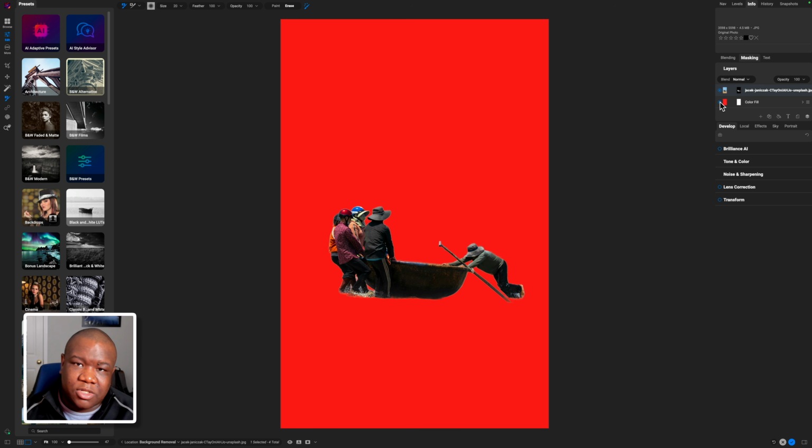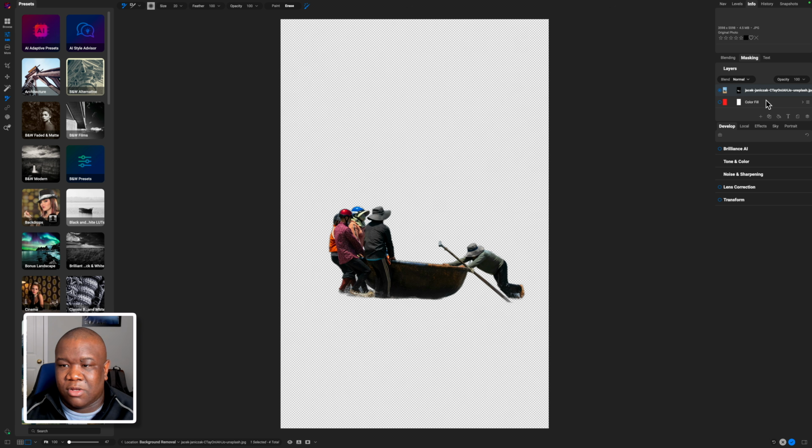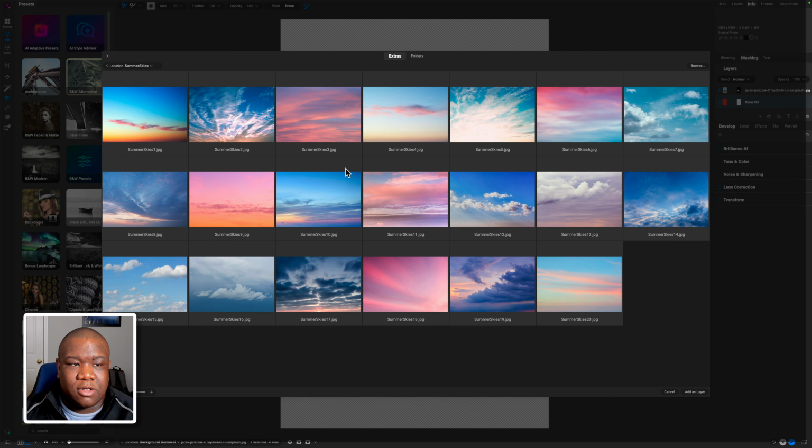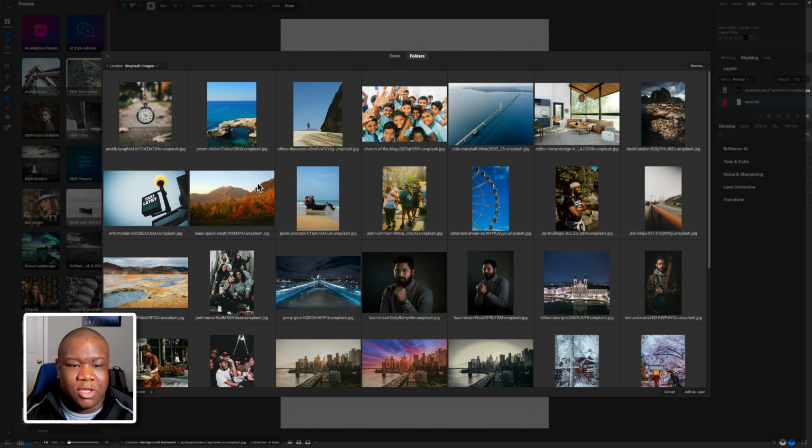So when it's all said and done, you can transpose this over a separate image. To do that, I'm going to go ahead and turn off this layer. I'm actually going to click on it, and then I'm going to hit the plus icon. And then this brings me to my extras. I'm just going to click on folders,